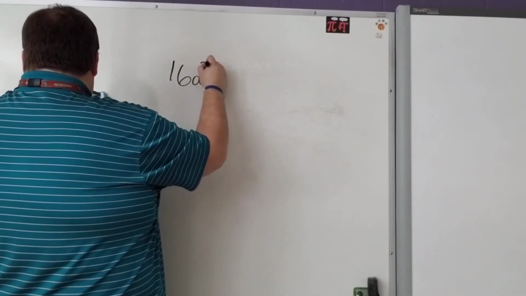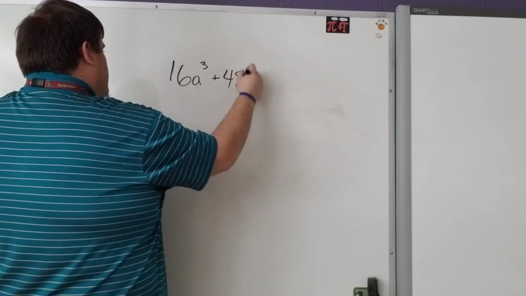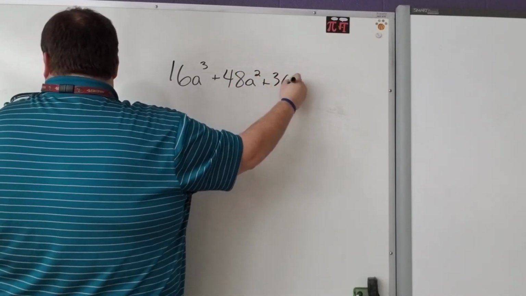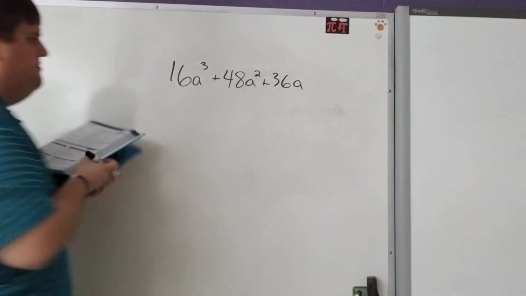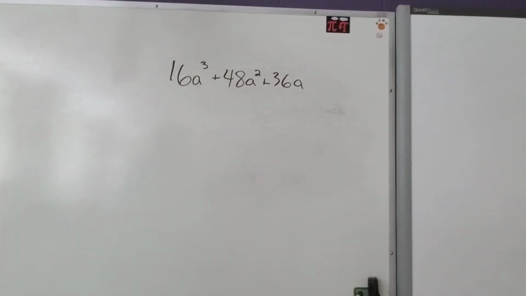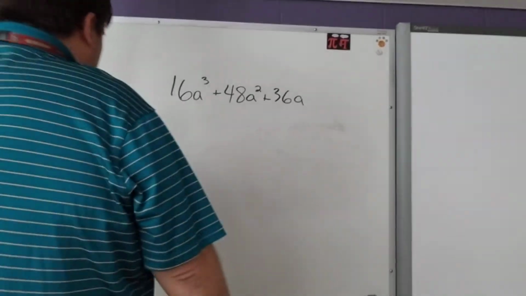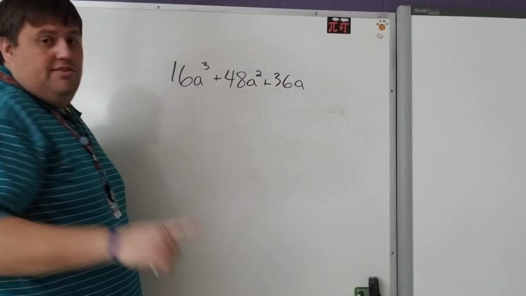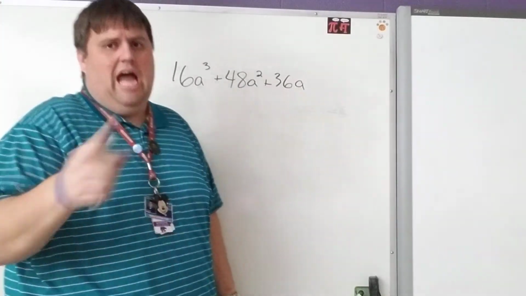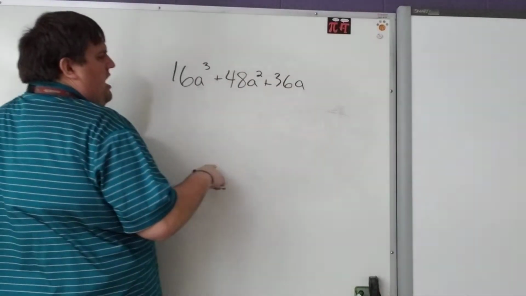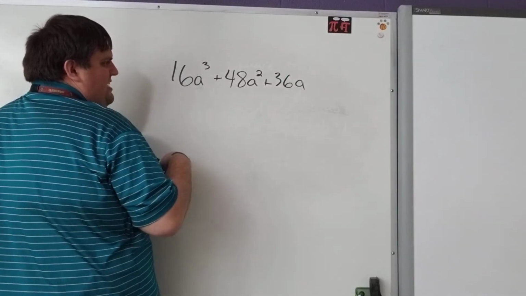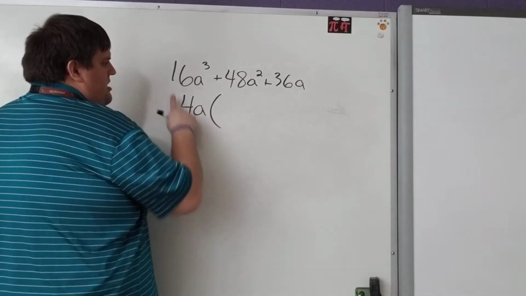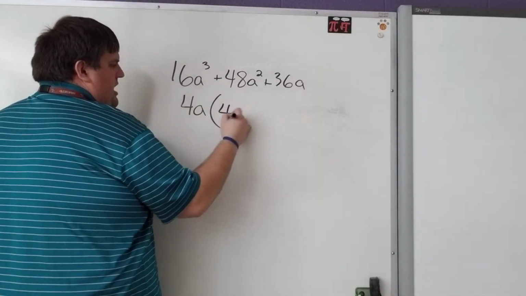16a to the third plus 48a squared plus 36a. So I want to know, is this a perfect square trinomial? Well, the first thing I notice is that they all have an a. So that means that it has a GCF. So we gotta always do GCF first. 36, 48, and 16, also a 4. So if we pull out a 4a here,